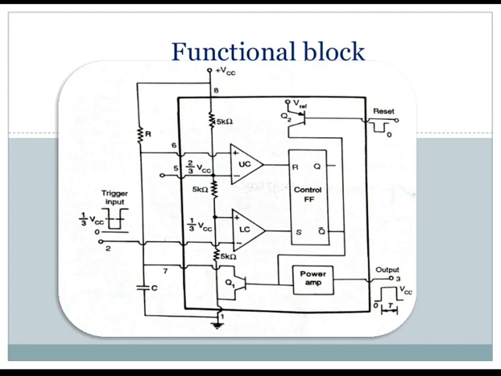As the trigger passes through the second input pin, when the trigger passes through 1/3 of VCC, the flip-flop is going to be in the set state. The S terminal is connected to the lower comparator. When 1/3 of VCC triggers through the second pin, it will move to the set state. In the set condition of the flip-flop, Q is going to be 1 and Q prime is going to be 0.